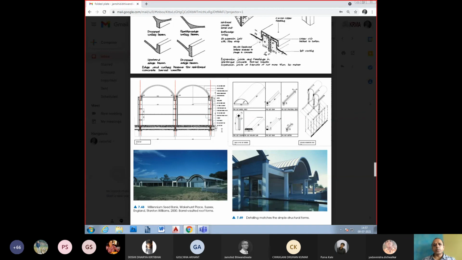I showed, no, for master students I showed. I was working on this site in IIT where there was a shell roof, and after doing the test, we wanted to conserve it, but we realized that the strength of the concrete had reduced to almost M6. Even if it was M10, we would have still retained it, but it was M6, and that's why we had to take a decision of pulling it down.